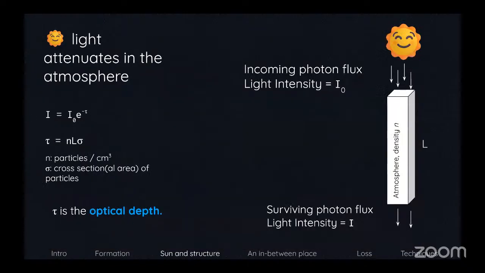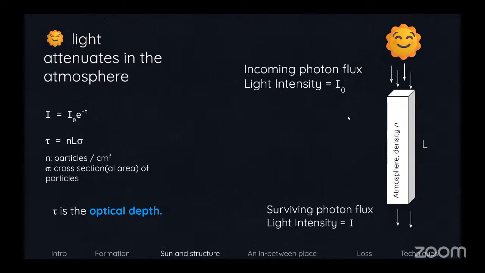This is the most technical slide I have, so don't worry too much. But this is about how the incoming solar radiation proceeds through the atmosphere. So the idea here is you've got the sun, or a star if it's a different stellar system, sending radiation to the top of the atmosphere. And as that radiation comes in, it's going to interact with that atmosphere in various ways. Mainly, it has to go through it.